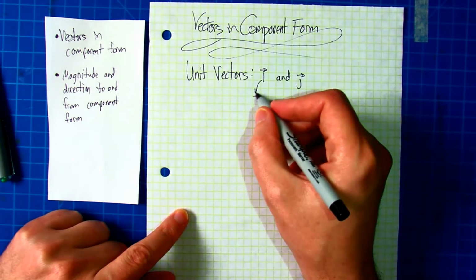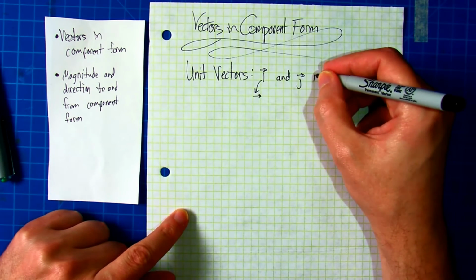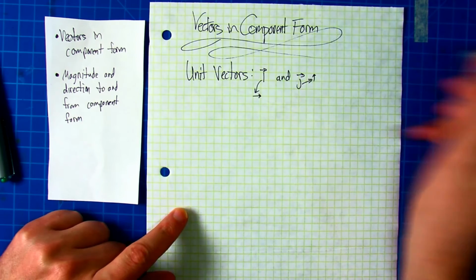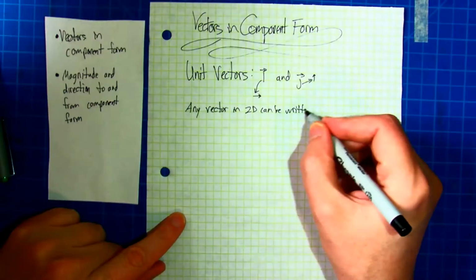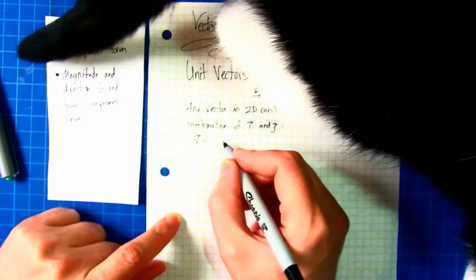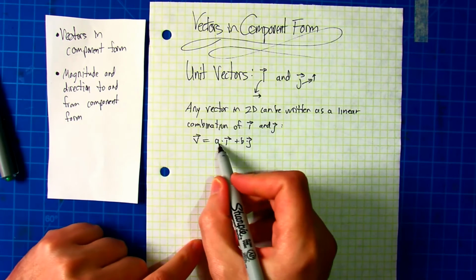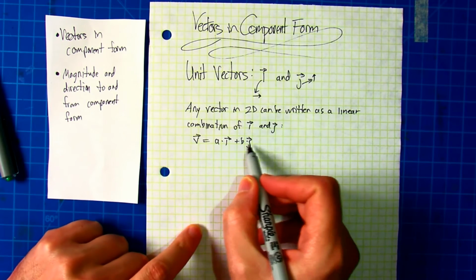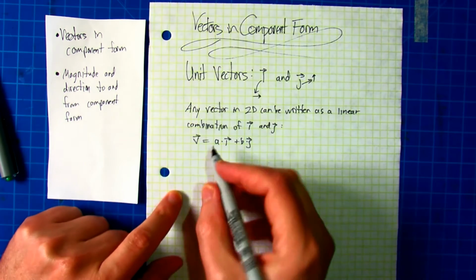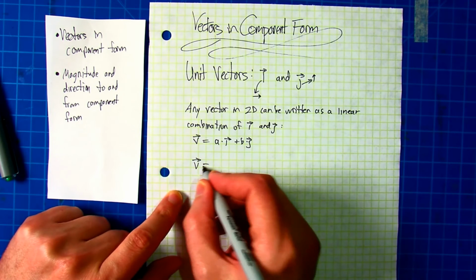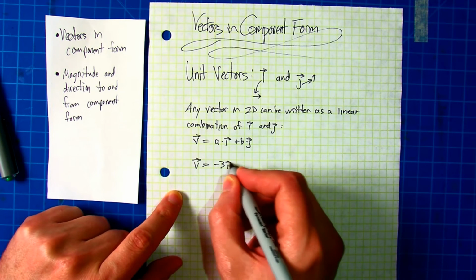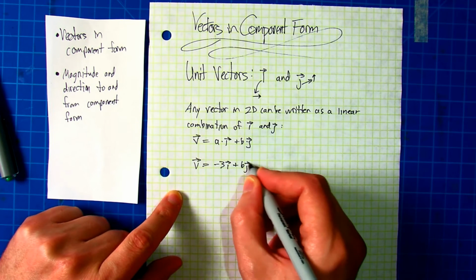This is i right here. j is a vector that goes 1 unit up. So any vector can be written as a linear combination of i and j. So any vector v can be written as a times the unit vector i plus b times the unit vector j. So for example, if I write vector v equals negative 3i plus 6j,